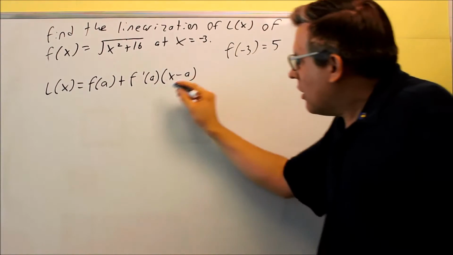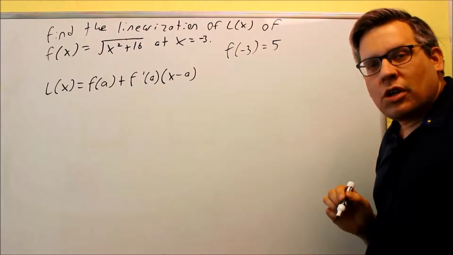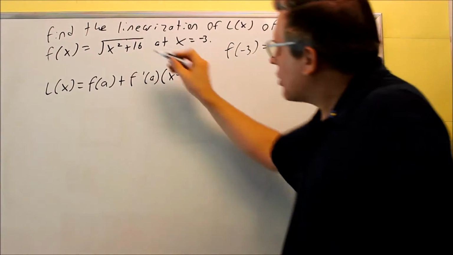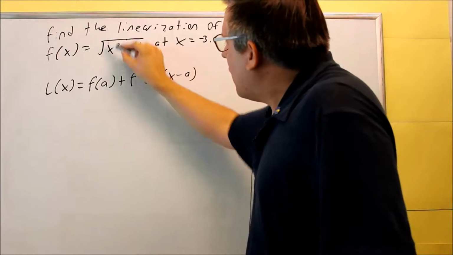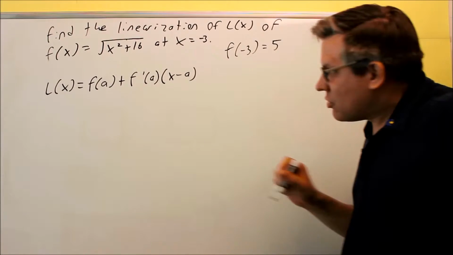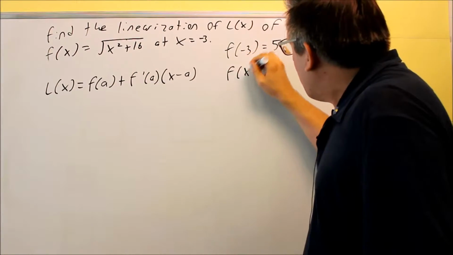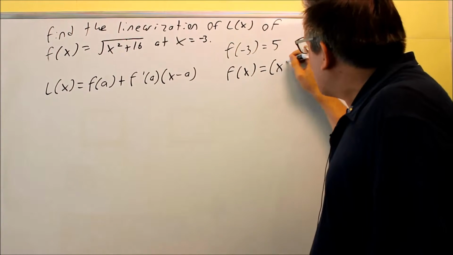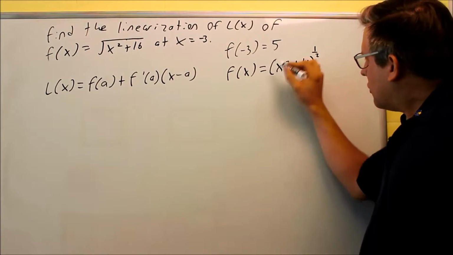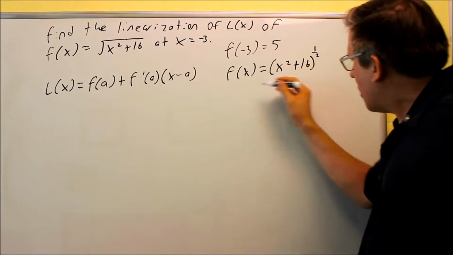Now the other part that I need is f primed of a. So I need to take the derivative, and I need to put -3 into the derivative. So let's do that first. Now, because I have something inside and I have something outside, this is where you want to use the chain rule that we talked about earlier in this section. So first I'm going to rewrite f of x as x squared plus 16 to the 1/2 power, and then I'm going to take the derivative by using chain rule. With chain rule, you have to start with the outside function, so the 1/2 comes down,